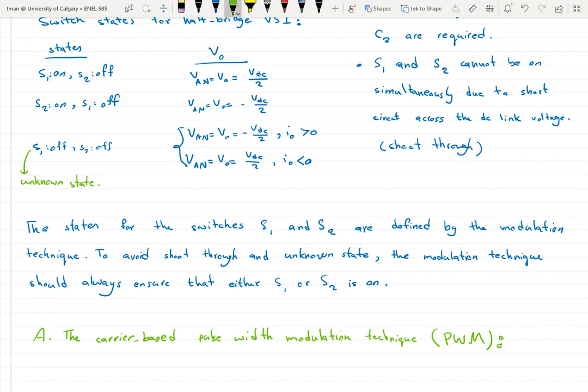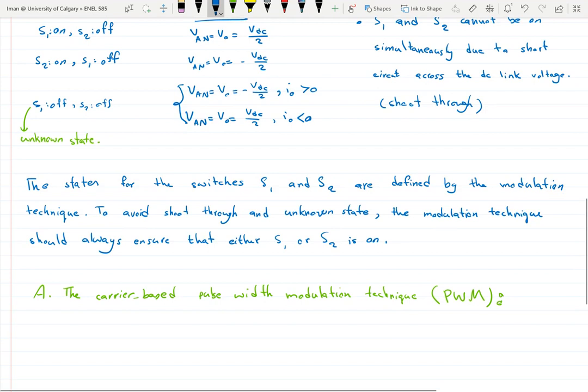PWM is short for pulse width modulation. Right? Okay, so the PWM